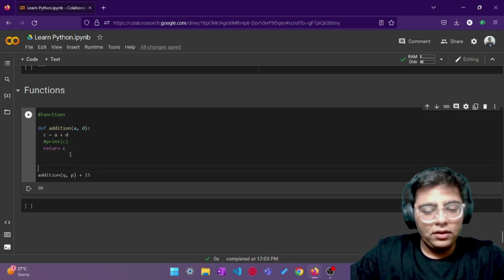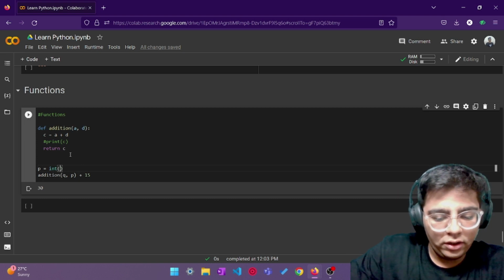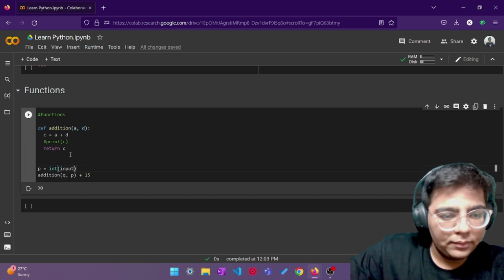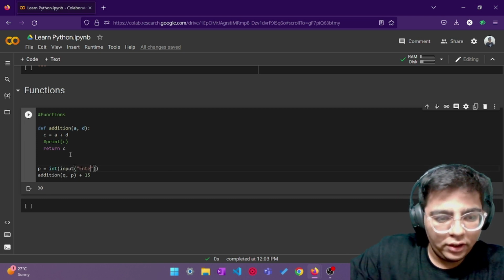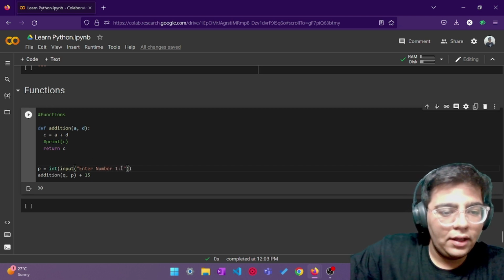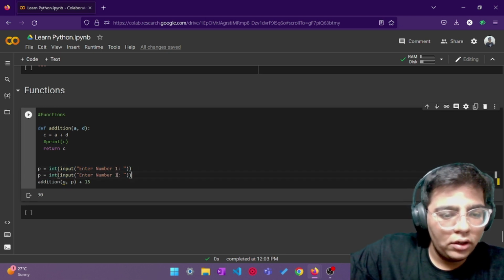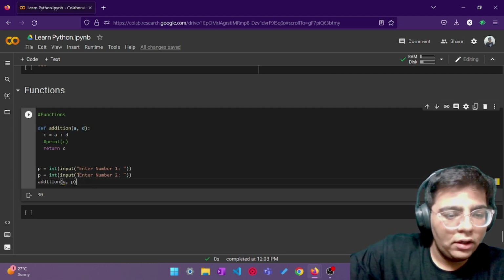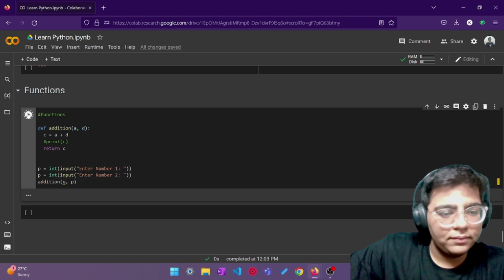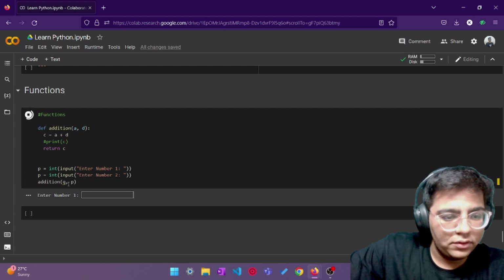Over here also I could give it p and q, and if I were to take input from the user, that p equals to int input, right, enter number 1, and then enter number 2, and then if I were to run this, just a second,